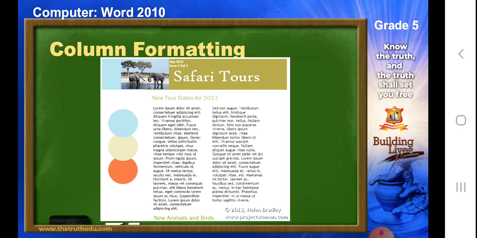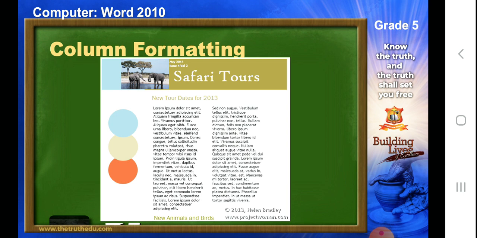Now, what is column formatting? Students, you would have seen in the newspaper where 2 to 3 words are written in each line. Then, once the news gets over, the particular line gets over, the news switches to the new column where again there are 2 to 3 words in a line, right? And once the news gets over, the other column again starts with 2 to 3 words. How do you arrange that? This can be done, students, by using the column formatting option in MS Word.